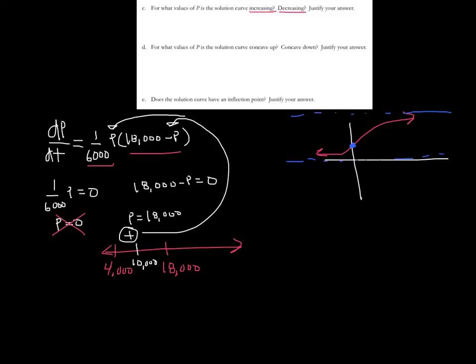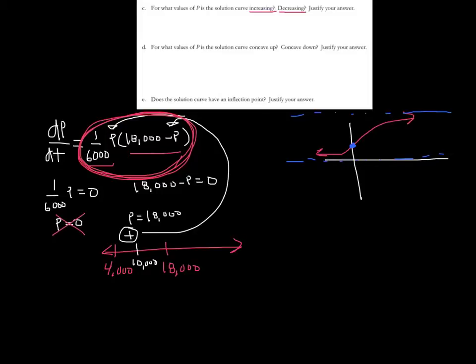Now, letter D. For what values of p is the solution curve concave up or concave down? Okay, now what derivative do we get concavity from? The second derivative. So we need to take the second derivative. Now, I'm going to do something here. I would not use this equation here to take the derivative of, because you're going to have to use the product rule. So what I would do is I would go back to the problem that they gave, and notice